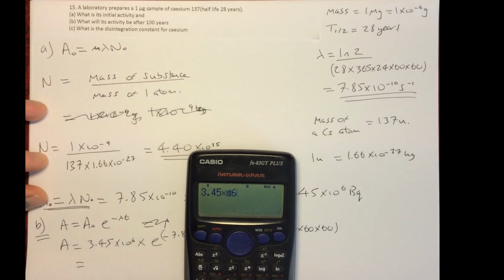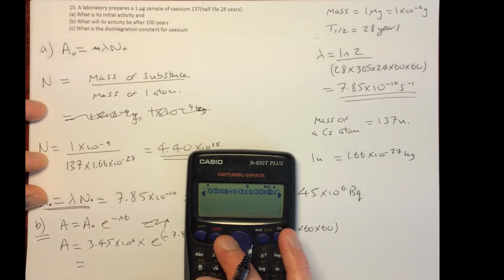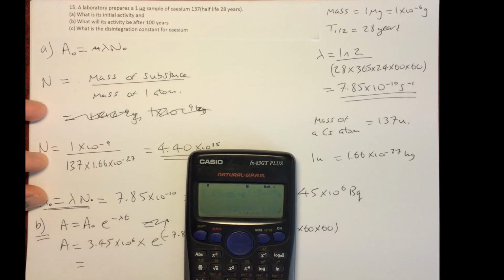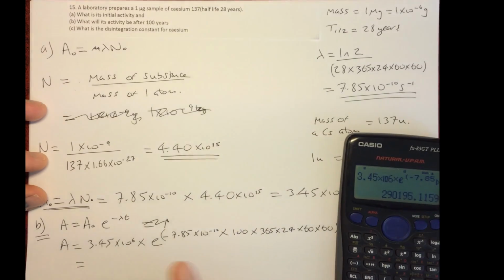So it's 3.45 times 10 to the 6 multiplied by e to the power of minus 7.85 times 10 to the minus 10 multiplied by 100 times 24 times 60 times 60 times 365, which gives, whoops, I've done something wrong here. What have I done wrong? I haven't put the bracket on there. There we go. We're going to get 290195